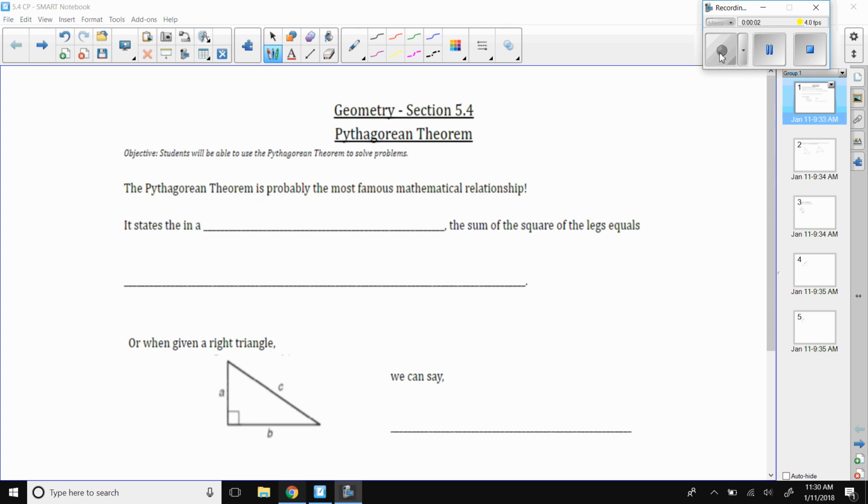Okay, so what we have today is the Pythagorean theorem. So we're going to be able to use the Pythagorean theorem to solve problems. The Pythagorean theorem is probably the most famous mathematical relationship. It states that in a triangle, well, in a right triangle specifically,